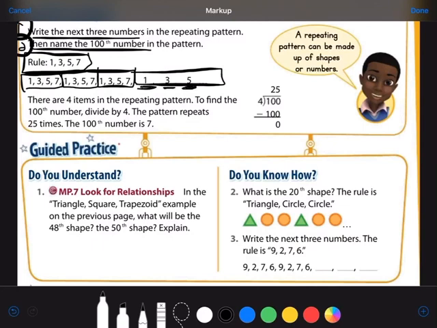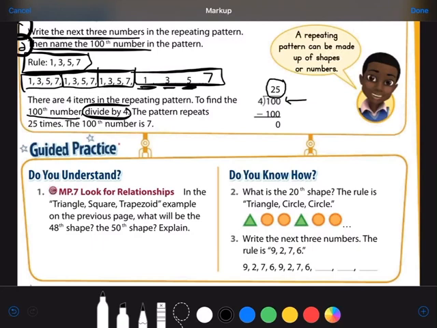What would be the next one? Well, it would be 7, wouldn't it? They said there are 4 items in the repeating pattern. Remember, 1, 3, 5, 7. To find the 100th number, we divide by the number of shapes or numbers in the pattern. So there were 4 parts to the pattern. We're going to divide by 4. So they actually took 100 here and they divided it by 4. When they divided 100 by 4, they got